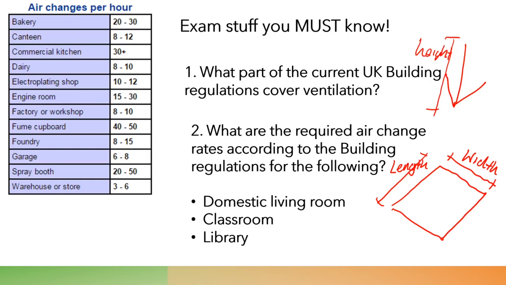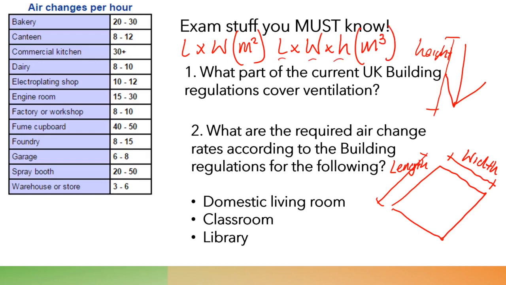To get square meters, you would have length times width, which is equal to meters squared, because you're only measuring two things, length and width. But for cubic meters, you measure length times width times height. Look, the 3, that's because there's 3: 1, 2, 3. So cubic meters. Measure the length of your living room and the width. Measure the height. It'll probably be 2.4 meters, it usually is. Then look at the building regulations